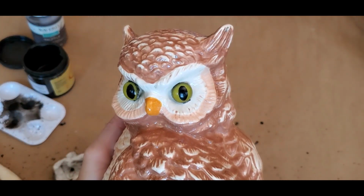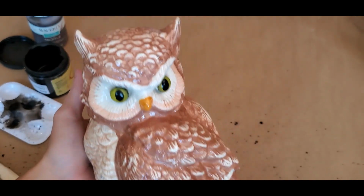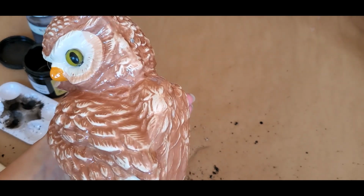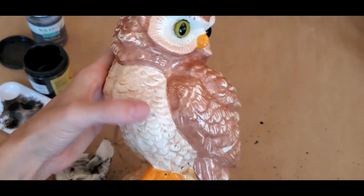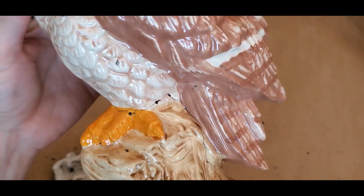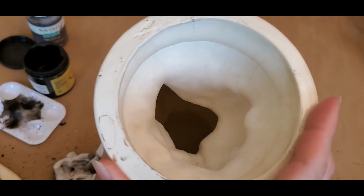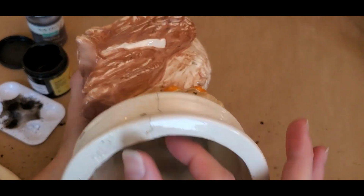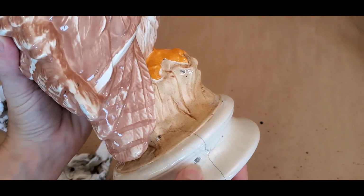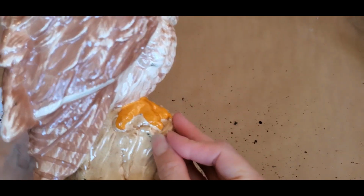I thought it was a good option for it. One, because the paint job was horrible originally, and also it was broken and someone glued it. It appears, or it may just be cracking on the surface. Actually, yeah, it's not cracked the whole way through yet. Hopefully it doesn't. So anyway, that's one of the reasons why I chose this one for a makeover when I originally did it,